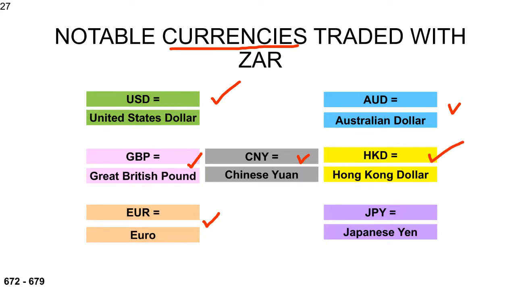And then you also get the Japanese yen. Okay, yuan, it's Chinese yuan. Sorry, I pronounced that incorrectly. Now, if there's any other currencies that you see in your test or exam,